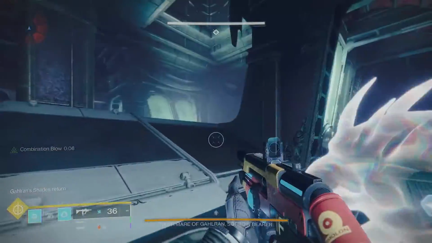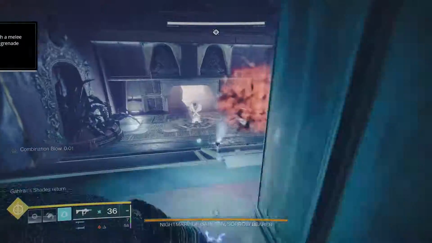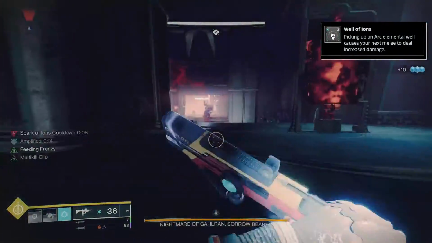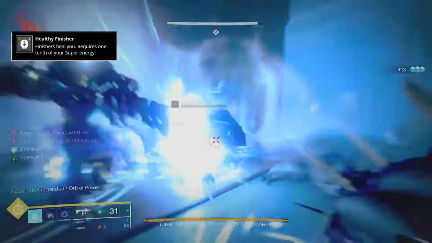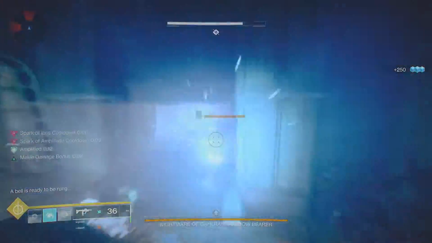Now, similar to the fragments, there's a lot of flexibility to be had here in terms of what to equip, but in terms of what I'm personally using with this loadout, I'm using Impact Induction, which gives grenade energy on melee hits, Well of Ions for extra melee damage upon picking up an Arc Well, Healthy Finisher to help with healing, as your only source of healing really comes from combination blow, unless again you're using something such as Recuperation